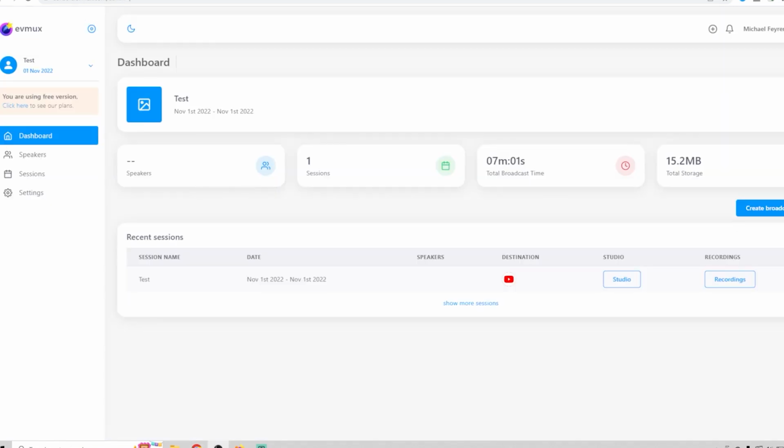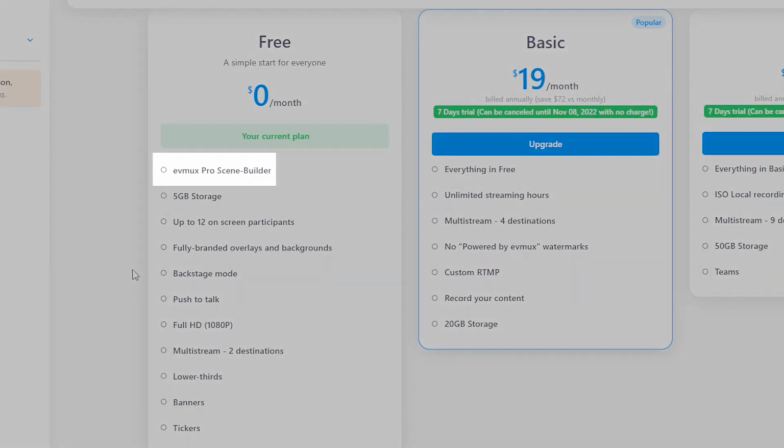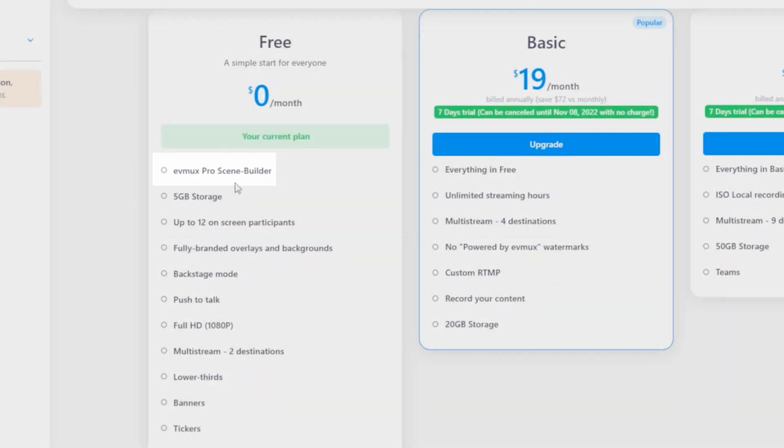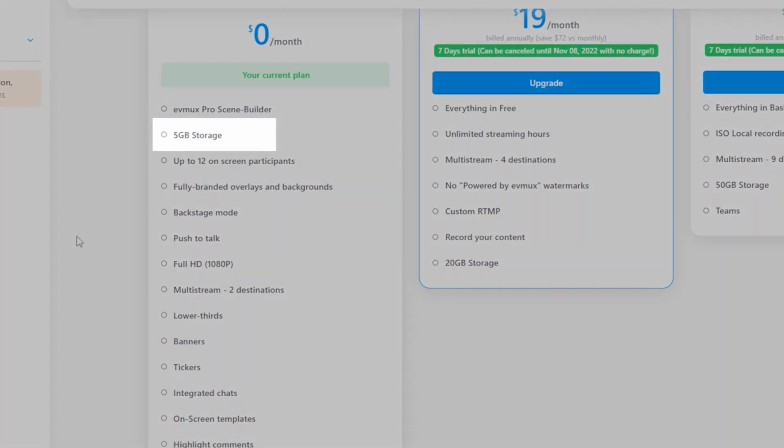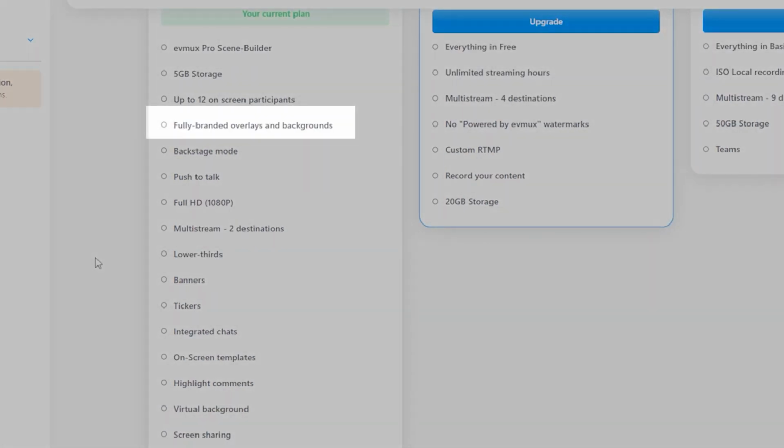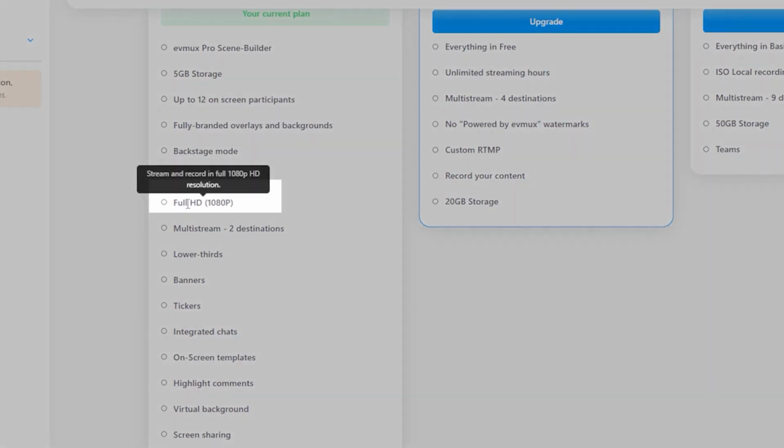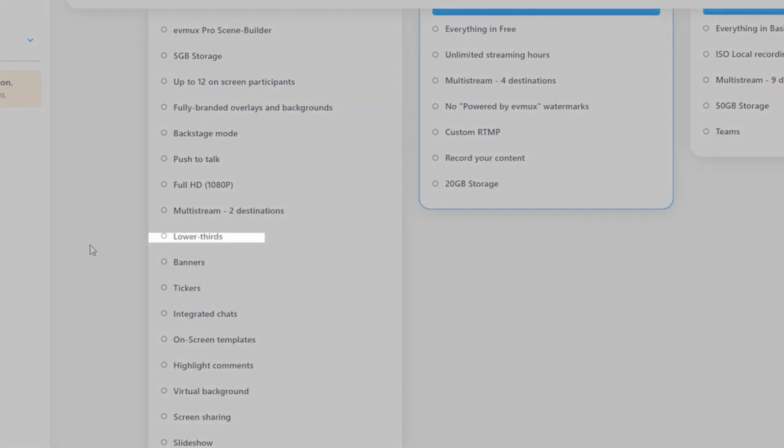Now the last thing I want to talk about is what this actually costs, because everything that I've shown you today is totally free. So let's click here to see the plan. You can see that you get EV Mukes Pro Scene Builder, the 5 gigabytes of storage, up to 12 on-screen participants, fully branded overlays and backgrounds. You can load all of those up yourself. Backstage mode, push to talk, full HD, right there. For free, 2 destinations to multi-stream, lower thirds, banners, tickers, integrated chats, on-screen templates, highlighted comments, virtual backgrounds, screen sharing,